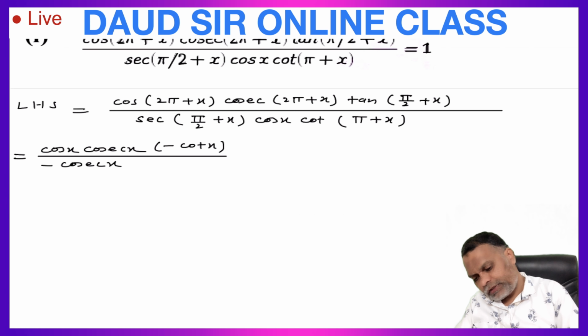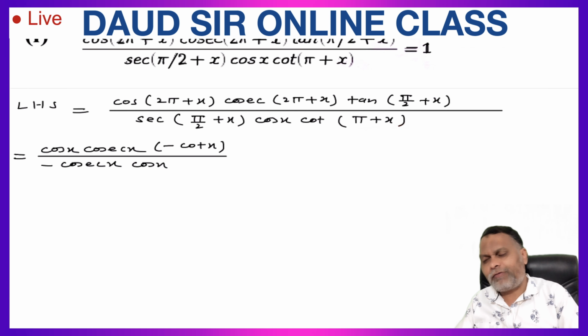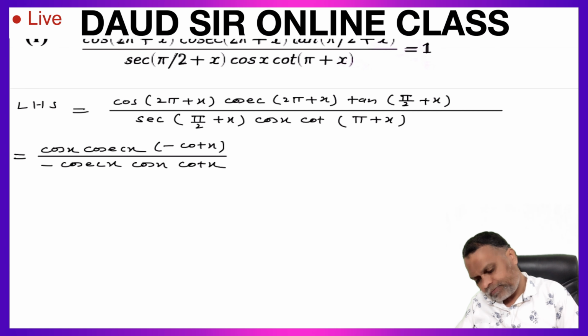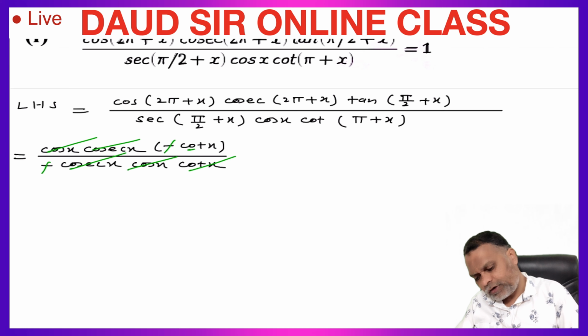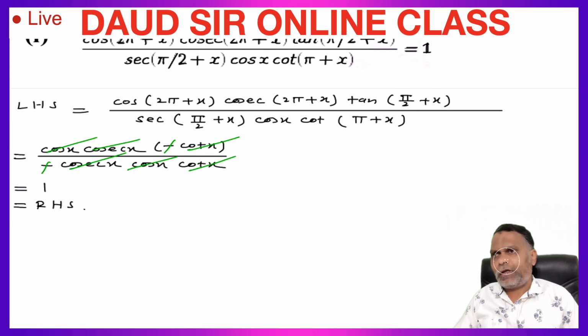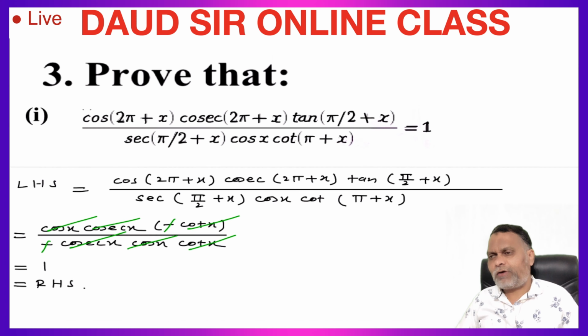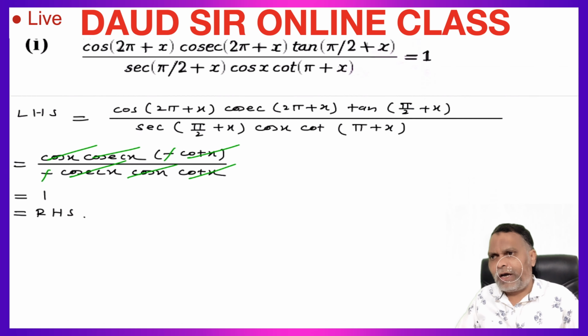Into this cos x as it is into cot 180 plus theta. 180 plus theta lies in third quadrant. In third quadrant, cot is positive, so plus sign. In case of 180, no change, so this is cot x. So this minus minus we can cancel, all the terms in multiplication. Cosec x cancelled, cos x cancelled, and this cot x cancelled. So finally we have got 1 only, which is equal to right hand side. So by using quadrant we can prove this equal to 1.